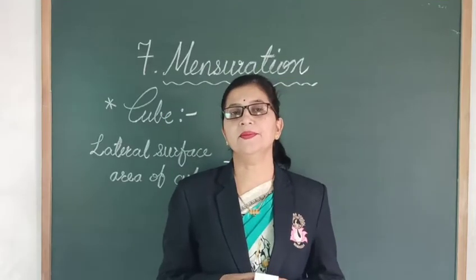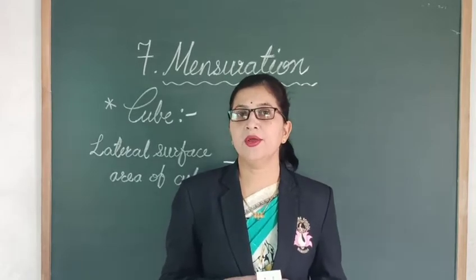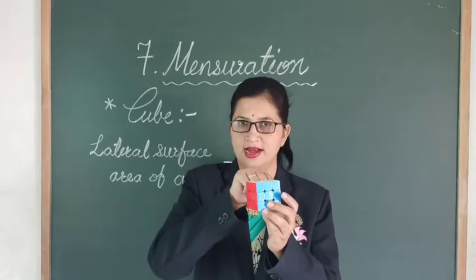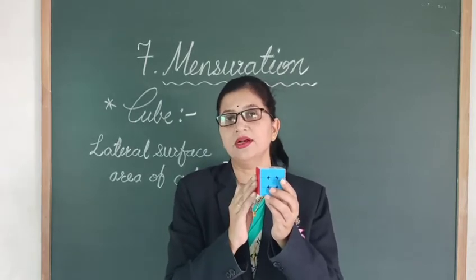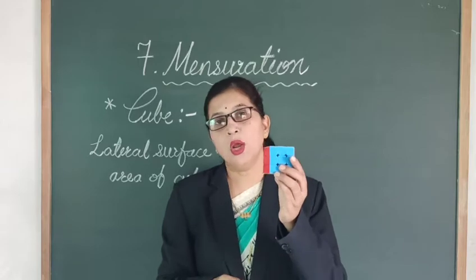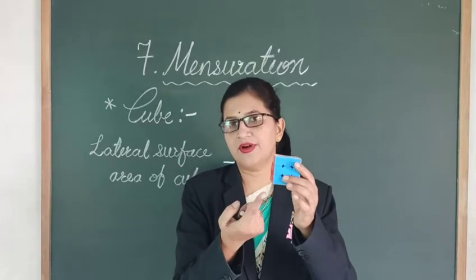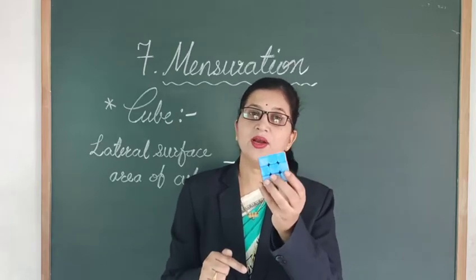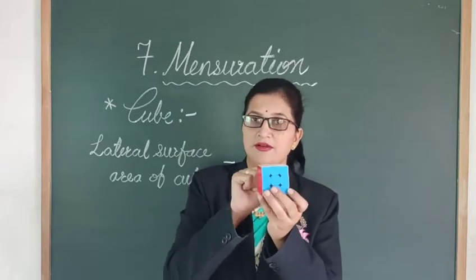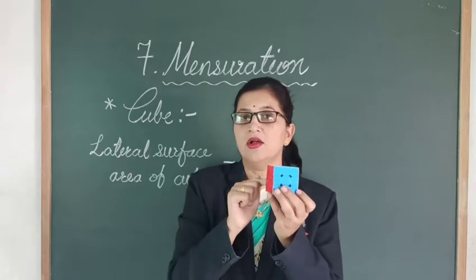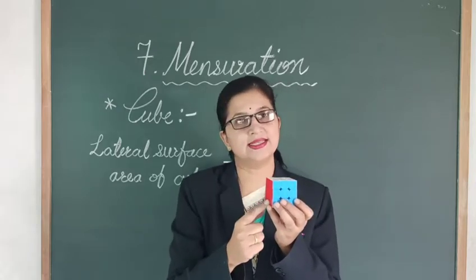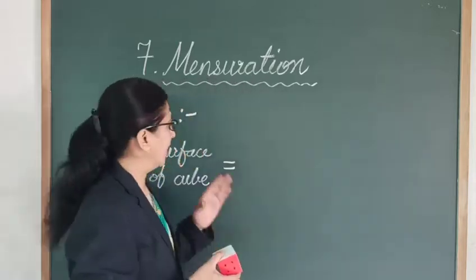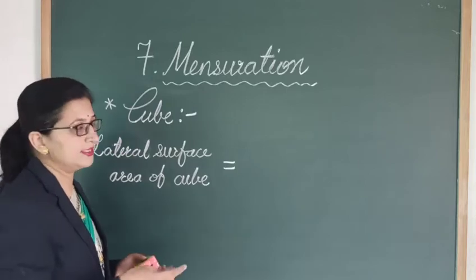Now let's find out the lateral surface area of a cube. Lateral, right? These are the lateral faces. Now we know all its faces are equal, so we are going to consider only these 4 faces. Each face we said is L square, and we consider these 4 faces. That's why lateral surface area of cube is equal to